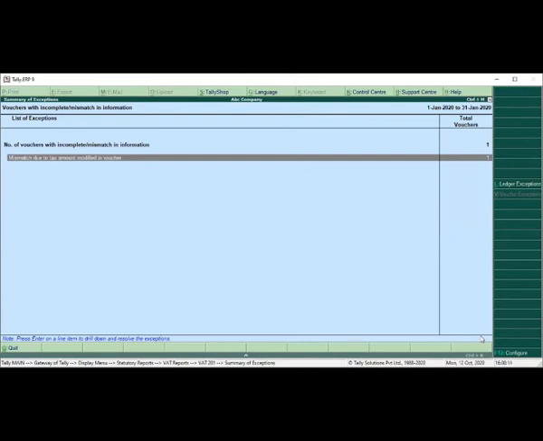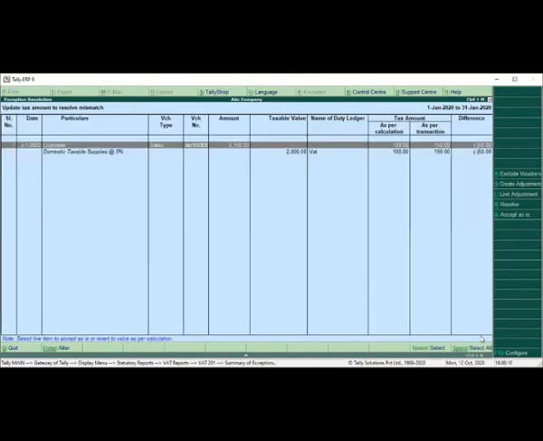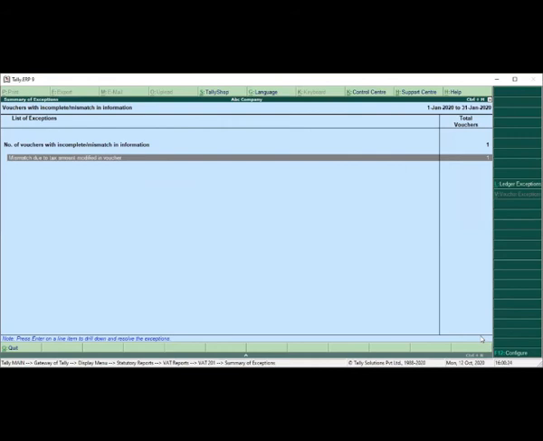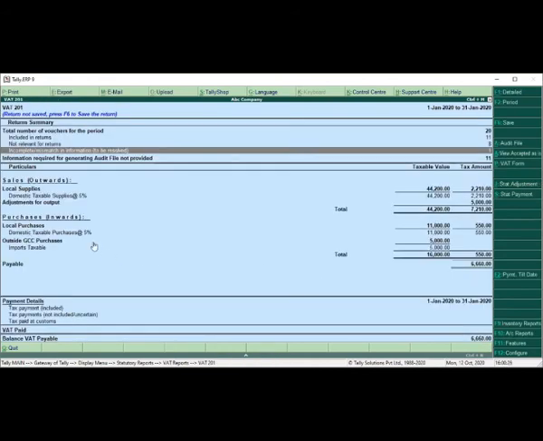So you can press enter and see this is the tax amount which is showing the difference. Now I want to correct it. So this is sales. The total sales, if you see, is showing 7,210 as total tax amount, which is not adding up this particular transaction until I rectify.